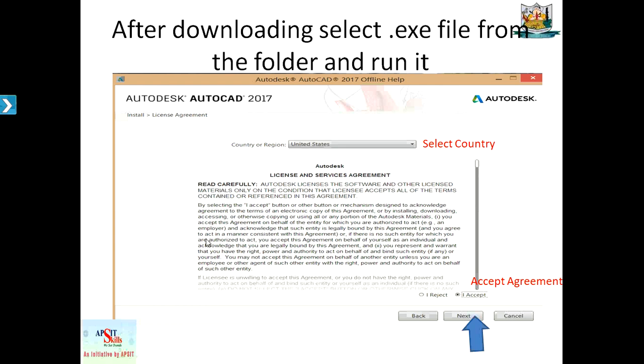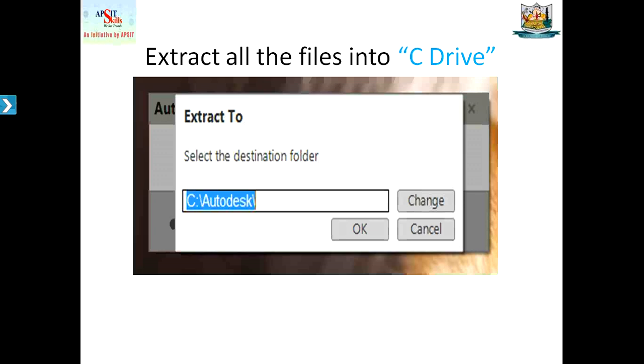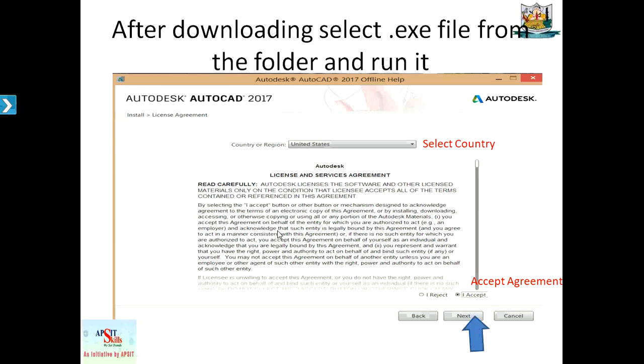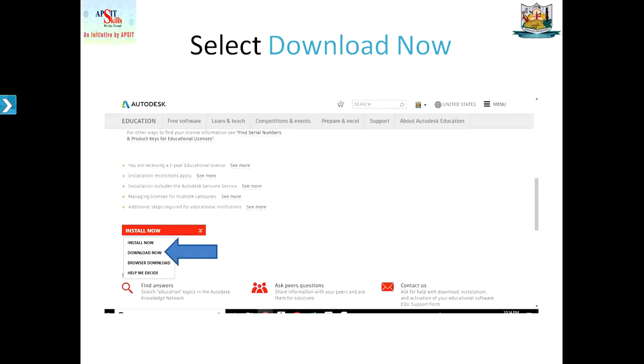Then after downloading, you will get the Autodesk application manager.